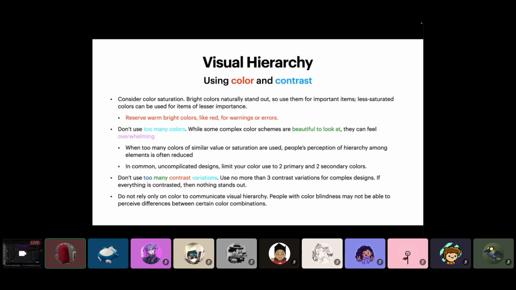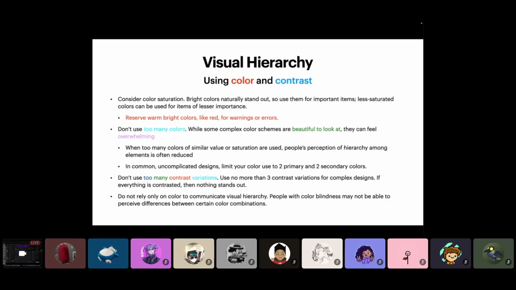You also don't want to use too many colors. It might be tempting to do so, but it could be really overwhelming, and my slide is kind of like an example of what not to do. It's not very pretty, honestly. But if there's too many colors, then people will start getting confused, and there are too many levels in the hierarchy, and it just draws attention away from the element. It is recommended that you only use 2 primary colors and 2 secondary colors, and with not too much contrast